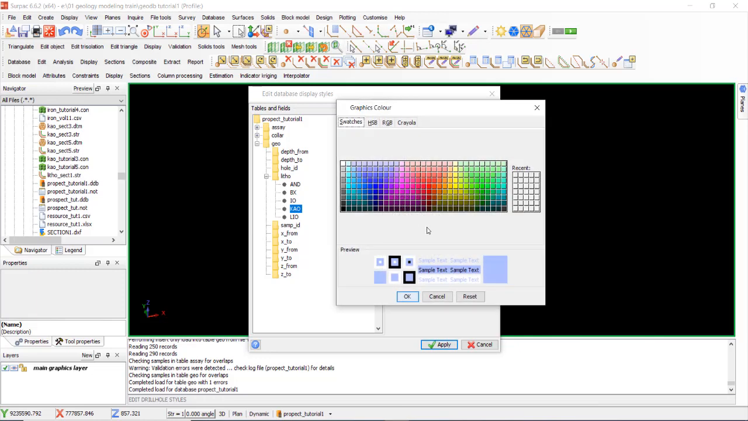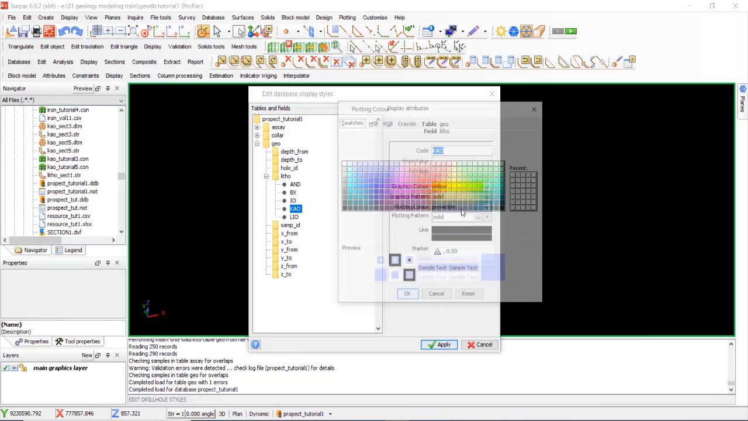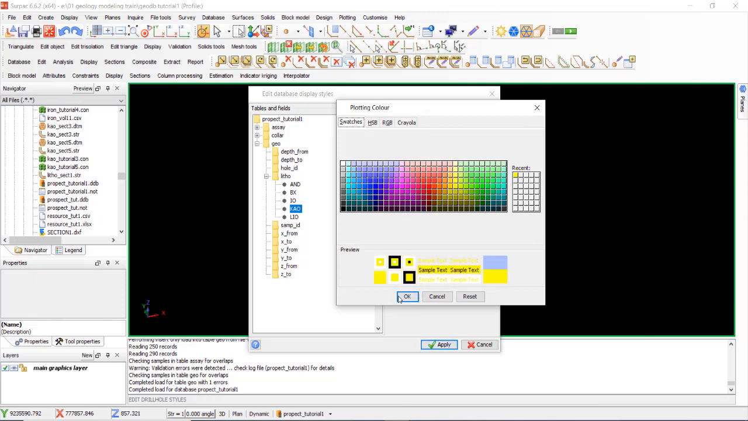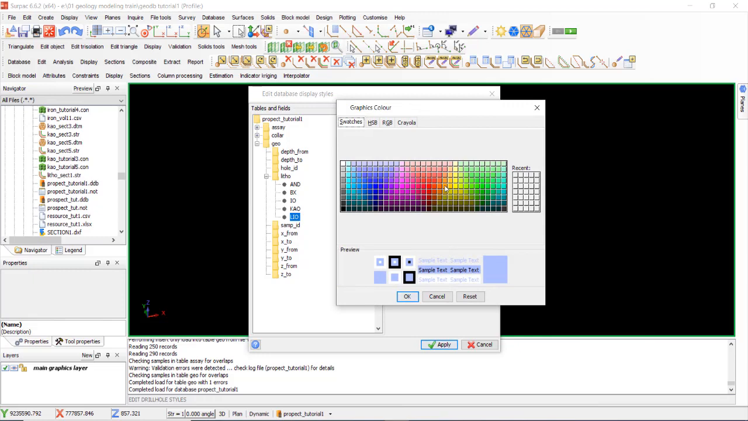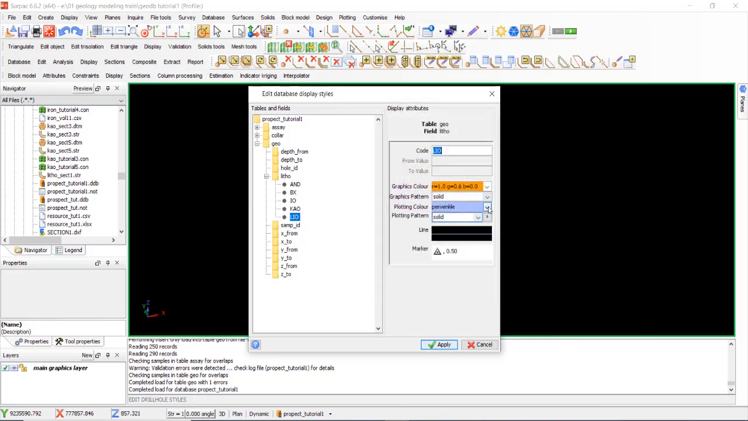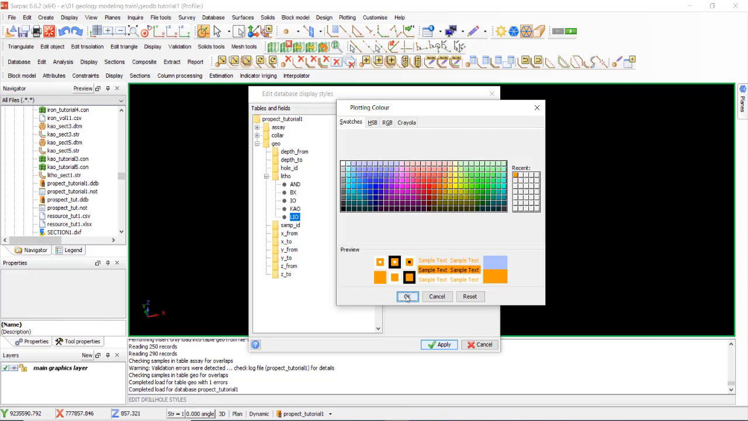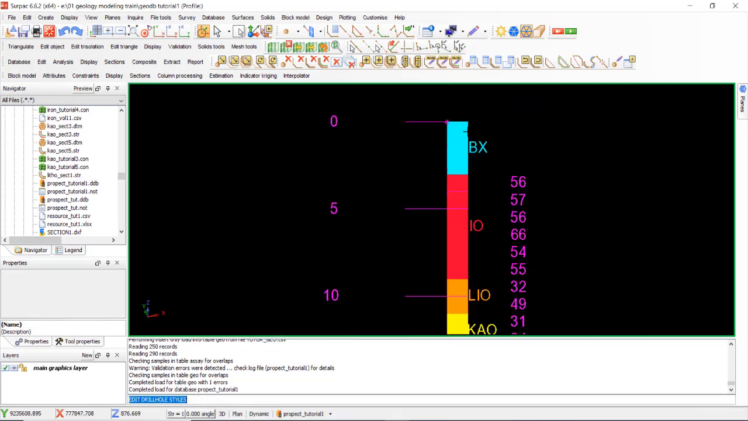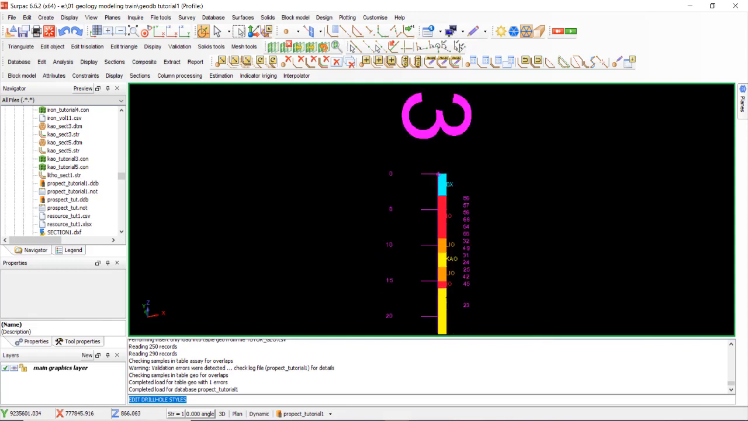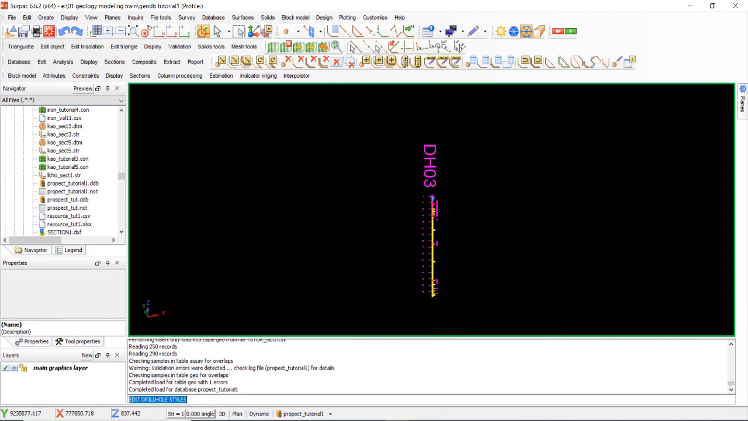Go to yellow, laterite iron ore to orange. Okay, apply. We have breccia, iron ore, laterite iron ore, KO, and so on. Okay,